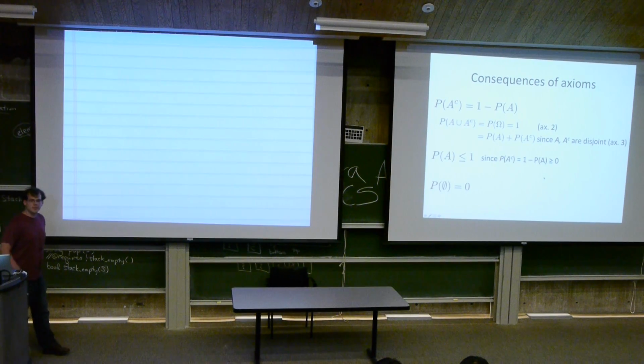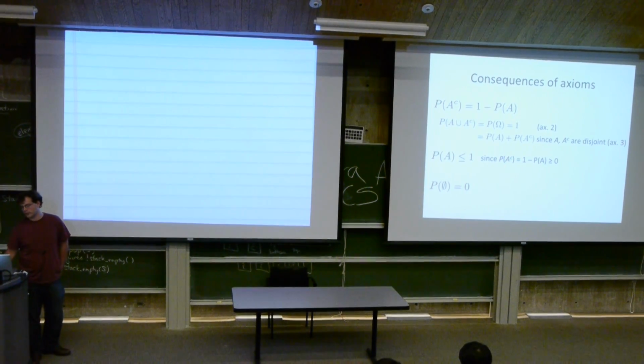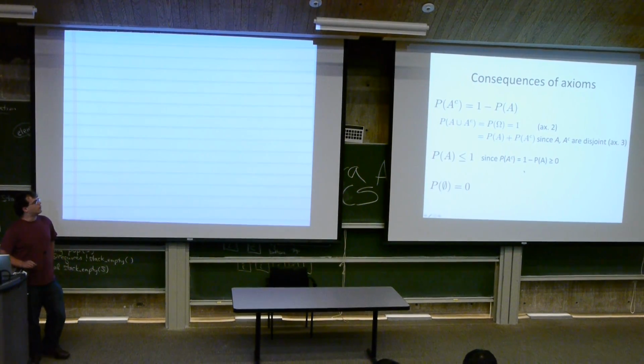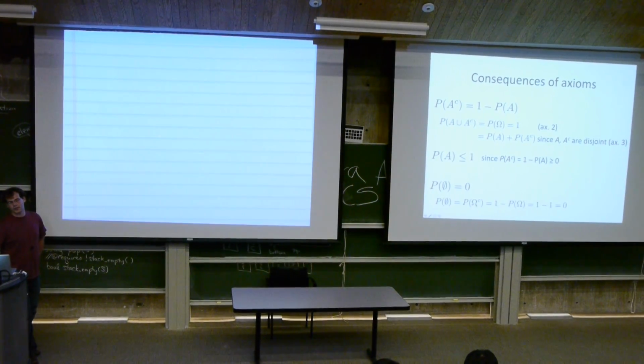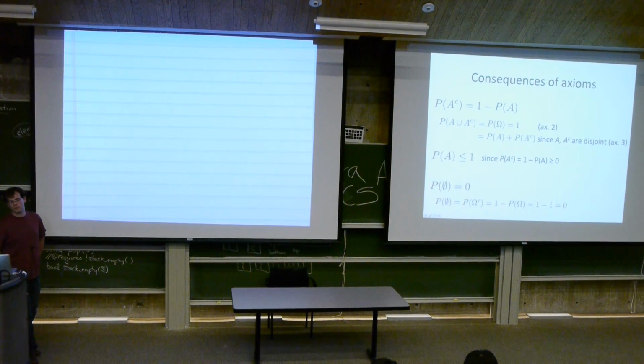Okay. The last thing we're going to show now is that the probability of the empty set is 0, which we actually already mentioned, and we kind of implicitly used here. So this is actually a little bit of a cyclic proof here. You can do it non-cyclically if you care about being philosophically sound. But the easy way, if you assume this is true, is that you just take the complement of the whole sample space, which is the empty space. 1 minus probability of the whole space is 1, you get 0. Okay, so that's basic